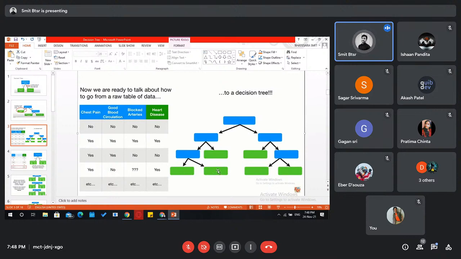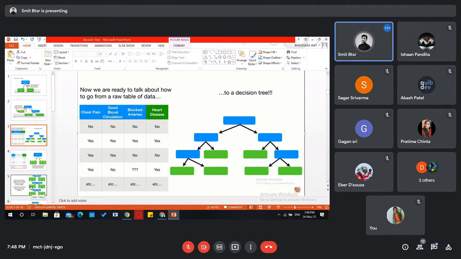And then these green ones are leaves. Leaf means leaf of a tree. What are the leaves? The last ones, after which there is no box or node. Those nodes are called leaves, so all these ending nodes are leaves. The first one is the root, the intermediary ones are intermediary nodes or just nodes, and the last ones are leaves. So that was the nomenclature.